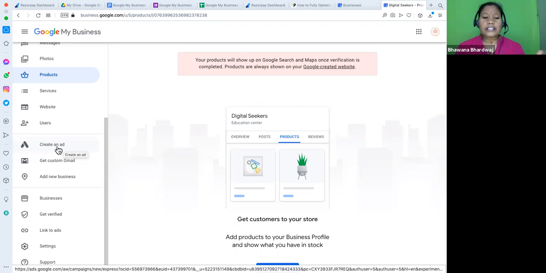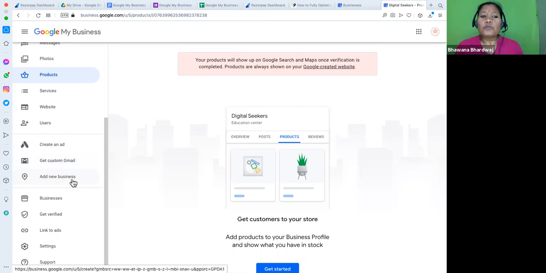So you can manage the Google Ads from here. You can get the custom Gmail. As I said, Google is a collection of business tools. So when you have a company name, you want an email ID on the company name. So you can manage this email ID, it's a paid thing. Advertisement is a paid thing, and getting a custom Gmail, meaning an email ID on your company name, is again a paid thing. So these two are paid things.